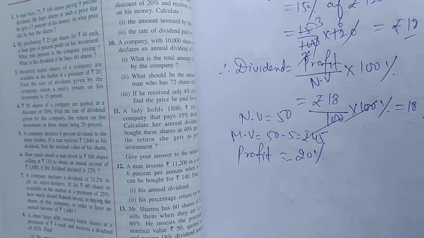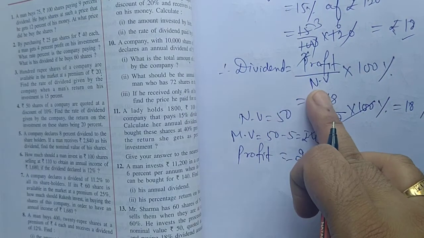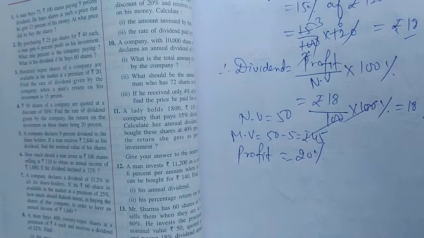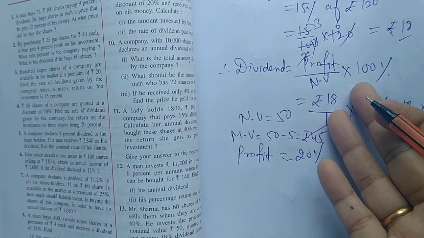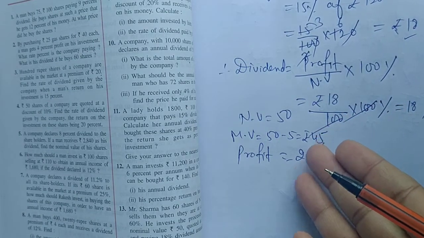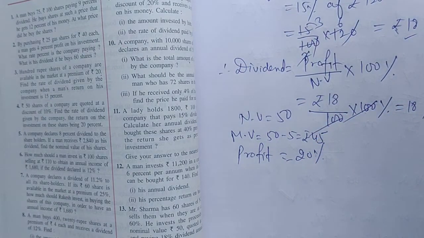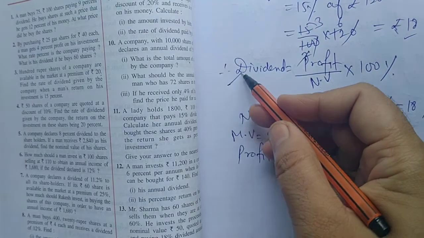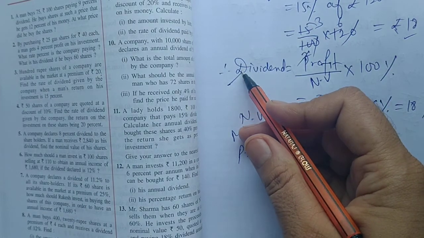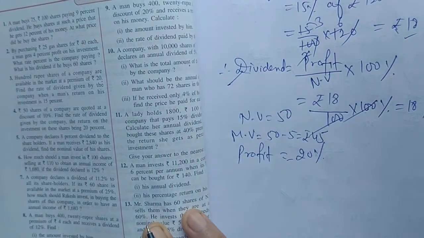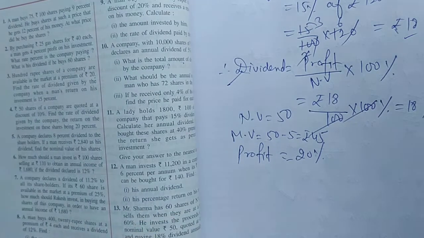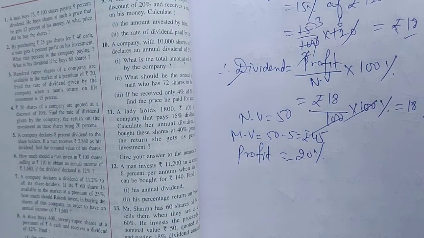So students, all the questions are same, only this formula and somewhere condition is given of discount or profit, that you will have to use and use this formula. Somewhere you have to find the investment. In that case you can suppose your investment is equal to X. So by applying this formula you can calculate the answers of remaining questions. So try by yourself, answers are already given to you, you can take help from them also.